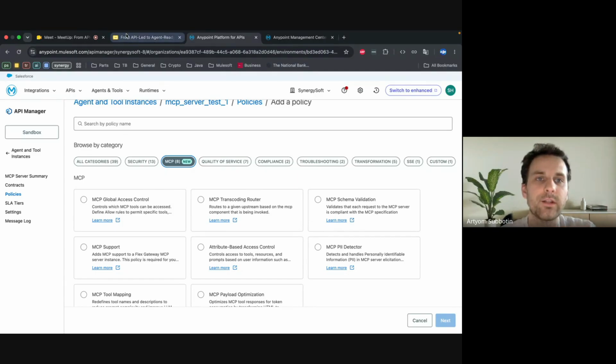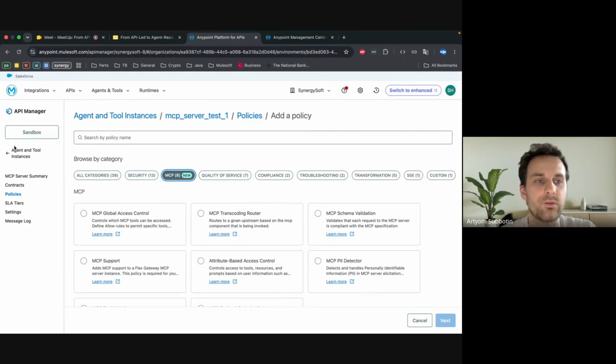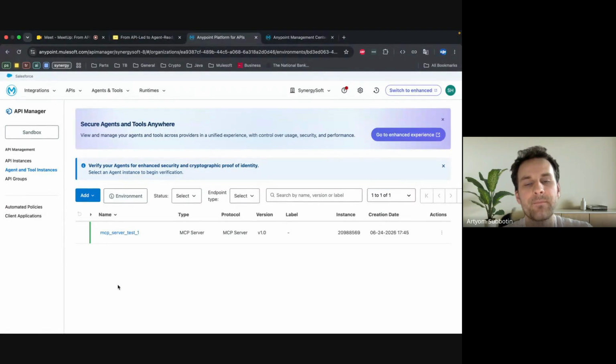But at this point, we covered two different use cases for the MCP connector. We established the connection to the MCP server directly to the MCP API or through the Omni Gateway, which is the best approach, because you have more control, more security, performance, and so on.